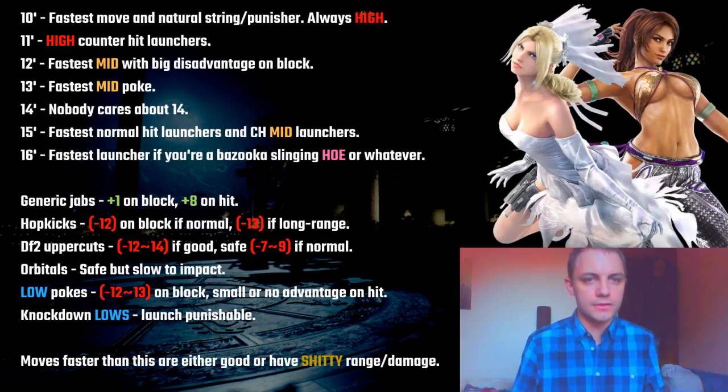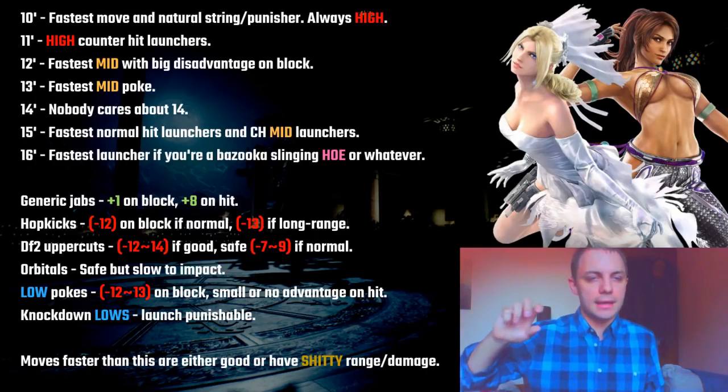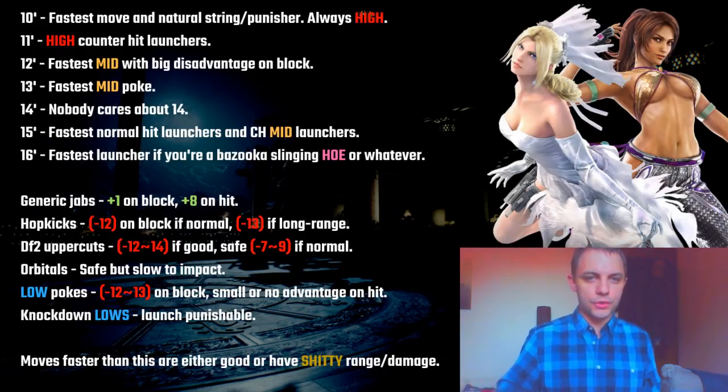Not everybody does. I tend to categorize all the 12 frame mids into a category that I call fish hooks. It's named after a move from Feng, but they tend to be these small, for some reason, really fast kicking attacks with a large amount of disadvantage on block. The reason the disadvantage on block is really important is if you had a very repeatable mid that wasn't that